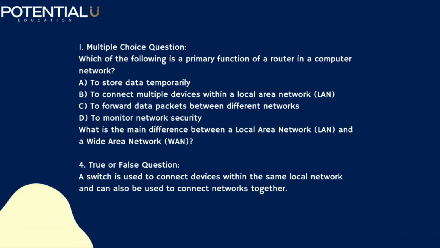So yeah, here you go, Ali. Multiple choice question. Which of the following, I think I've already ruined it. Anyway, which of the following is the primary function of a router in a computer? B, to connect multiple devices within a local area network. Unfortunately, it's C, to forward data packets between different networks, routing where they should go from A to B. So close, one letter off. Let's go for the next one.